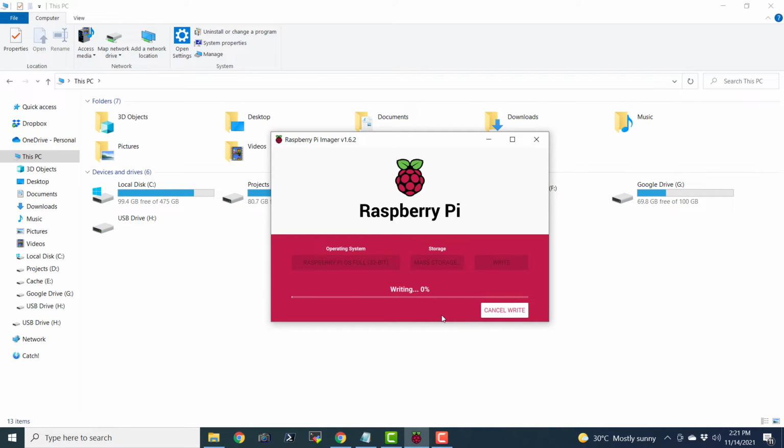So now it seems that the Raspberry Pi Imager is able to write the data to the micro SD card that we inserted into the micro SD card reader and connected to our computer. Because we can see here the progress bar is progressing further, and you can see that the writing is happening. So let us just cross the fingers and hope that the operating system is written to the card. So I'm going to skip the part where it is writing the data to the micro SD card, because it is going to take quite a while.